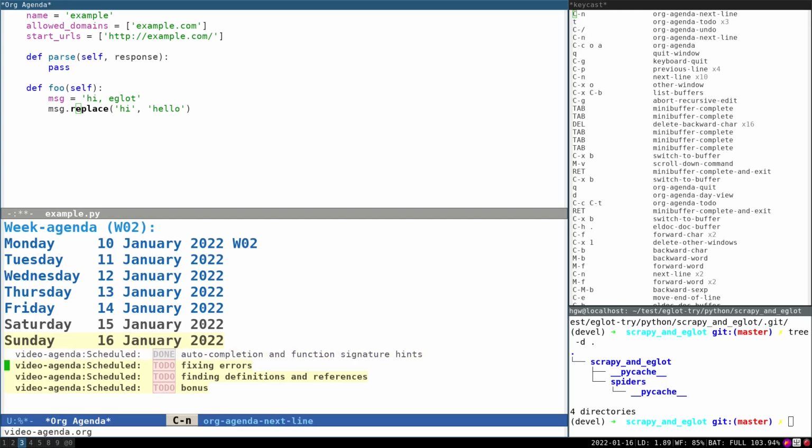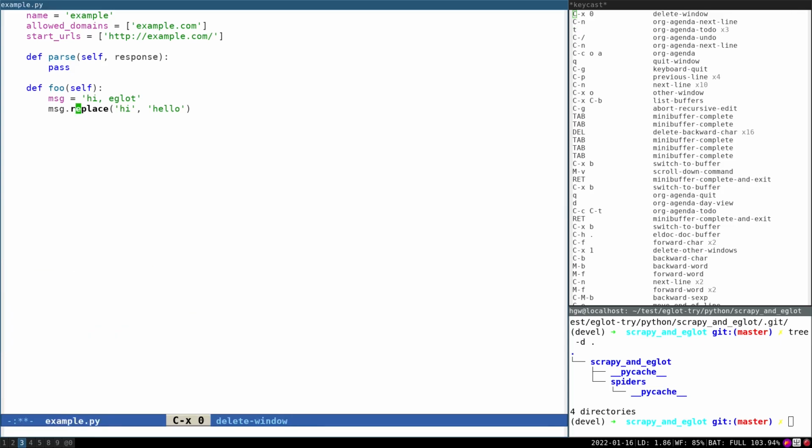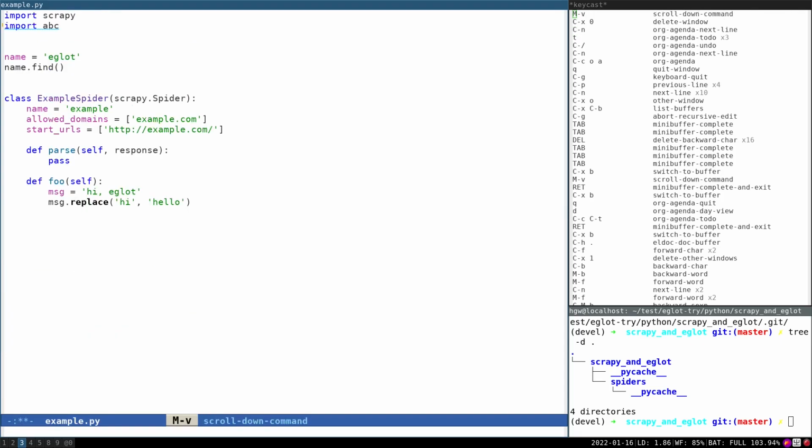It's common that there are syntax errors or style problems while we are coding. In this section, let's see how to fix these issues in Eglot using Flymake, a built-in package of Emacs. While writing code, Eglot synchronizes the code with the language server on the fly.